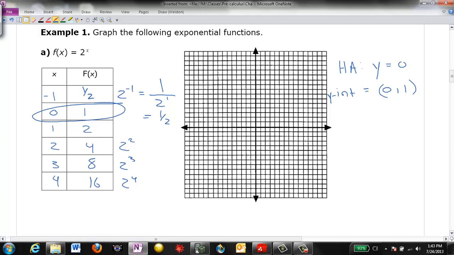And I can go ahead and plot that point since I know it. And since we've just talked about the horizontal asymptote, you can go ahead and draw in the horizontal asymptote here across your graph. I might ask you, what is the domain of this function, right? So our domain is going to be from negative infinity to infinity. Our range is going to go from 0 to infinity,